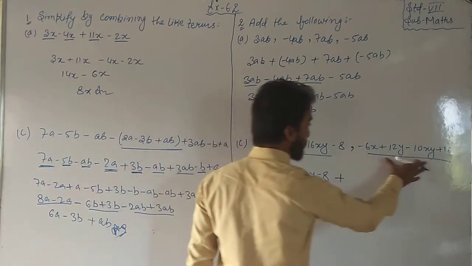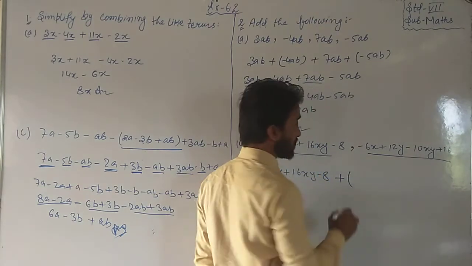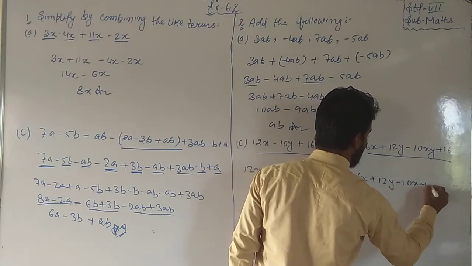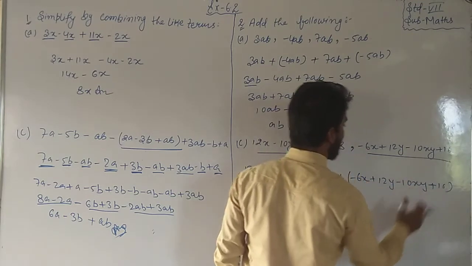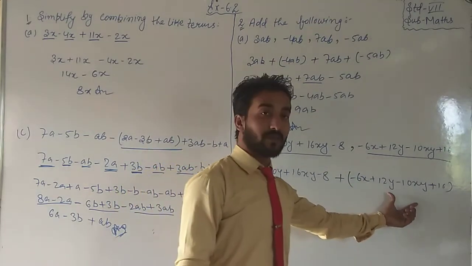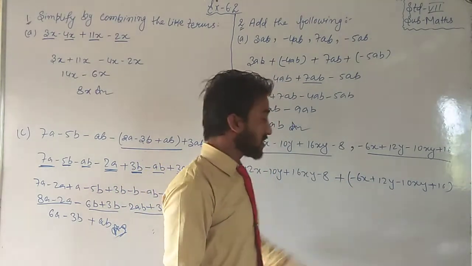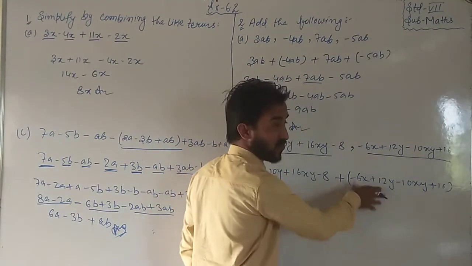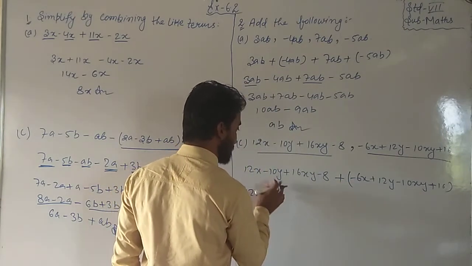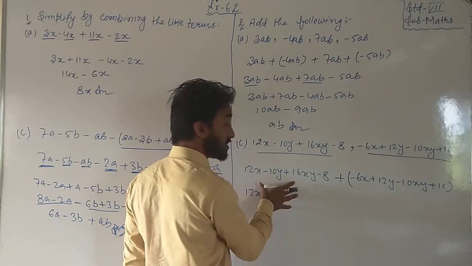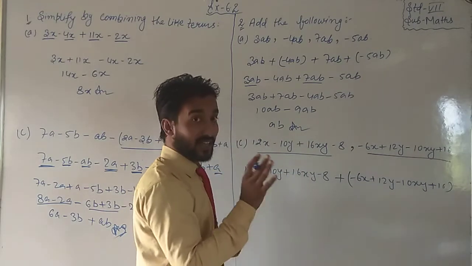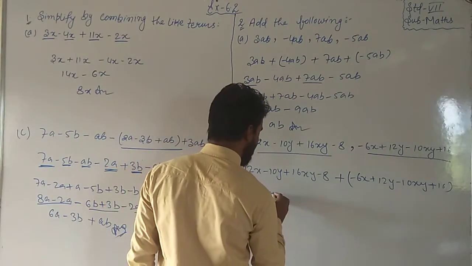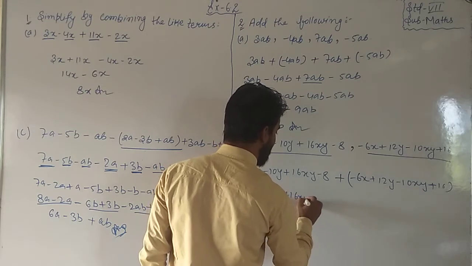It means a plus sign. And the next term that is given will be under a bracket. So minus 6x plus 12y minus 10xy plus 16. The terms that are given, we will copy as it is, because we already separated it with the bracket. Okay students, now this plus sign and this bracket expression will be multiplied together. Let's see, 12x. This expression will be written as it is. Here is no change. Why? Because it is not separated by any bracket or any sign. It is not multiplying or dividing. So 12x minus 10y plus 16xy minus 8.